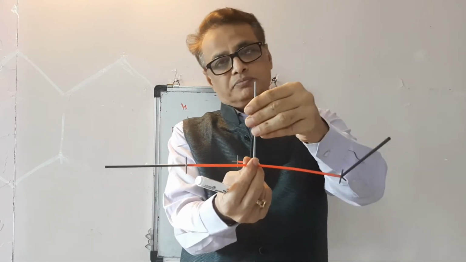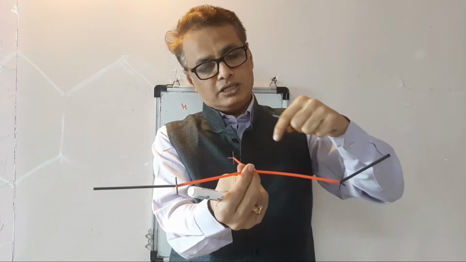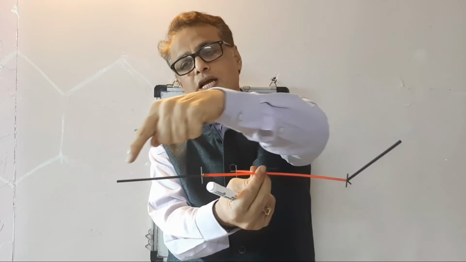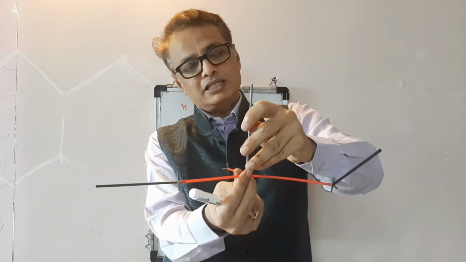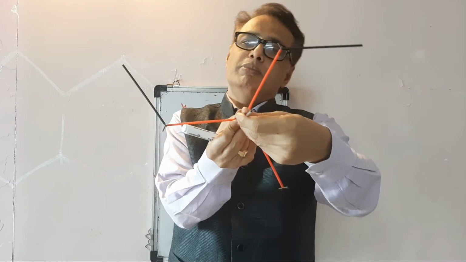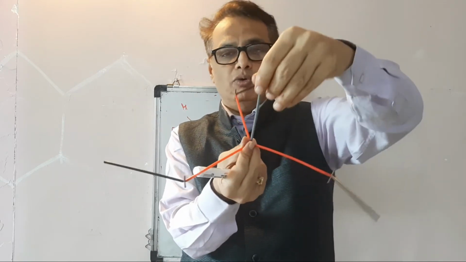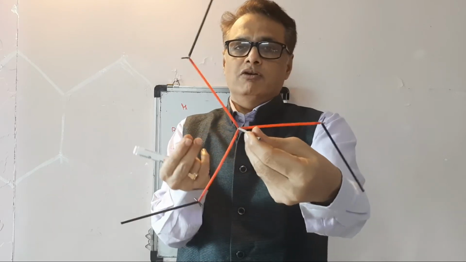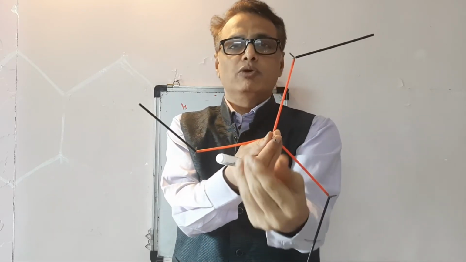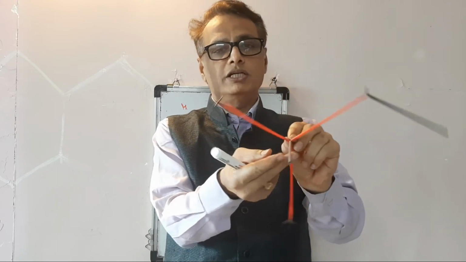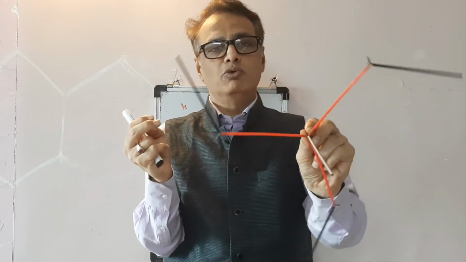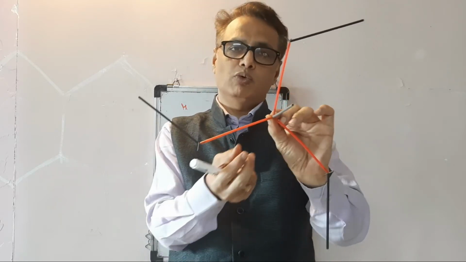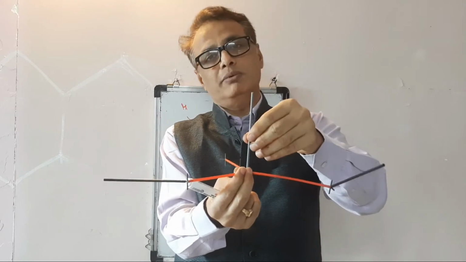Once again, boron is placed here. This is oxygen, this is hydrogen, this is the second oxygen, this is the second hydrogen, this is the third oxygen, and this is the third hydrogen. This is a line which passes through the boron atom and is perpendicular to H3BO3. Now if it is rotated by 120 degrees, which brings the molecule into an equivalent configuration, another two rotations by 120 degrees bring the molecule into the original configuration. So a total of 3 rotations by 120 degrees are required to get the original. So this is called a C3 axis of symmetry.